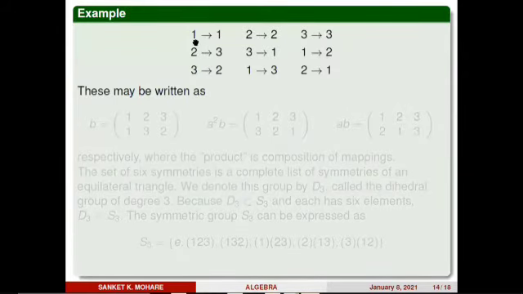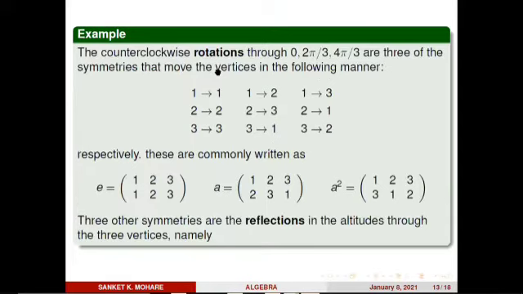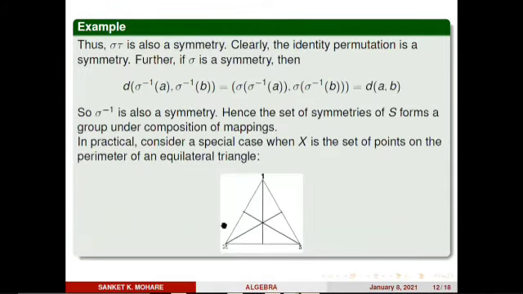Okay, so here it is. If I flip through the altitude from vertex 1, then what? 2 and 3 change their place. So 2 goes to 3 and 3 goes to 2. Similarly, now look here, through this altitude to the vertex 2. Okay, if I flip the triangle, then 3 goes to 1, 1 goes to 3, and 2 remains the same. Okay, similarly from this vertex, which is at which altitude? This. Okay, from this altitude if I flip the triangle, then 2 goes to 1, 1 goes to 2, but 3 remains at its place.